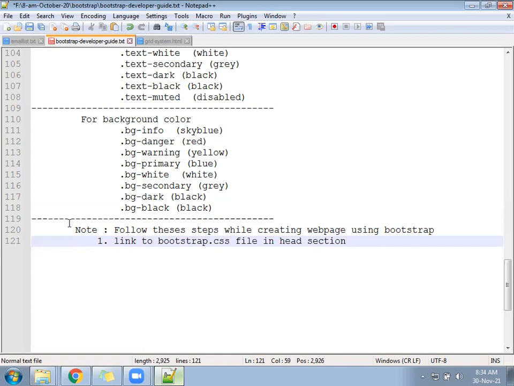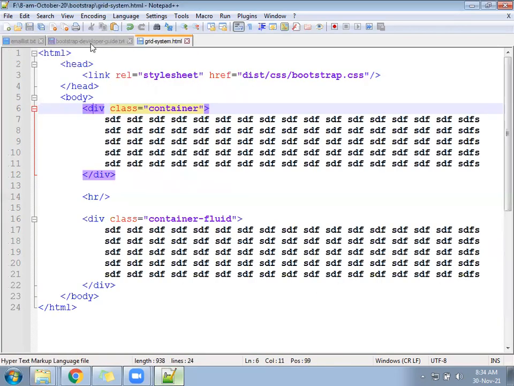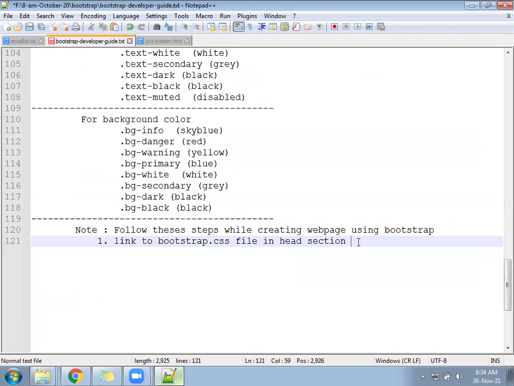While creating with Bootstrap, link the bootstrap.css file in the head section, that we have done already here. Next, step number 2: follow the body tag. You need to use the body tag.